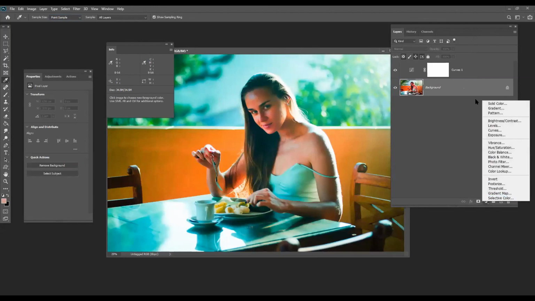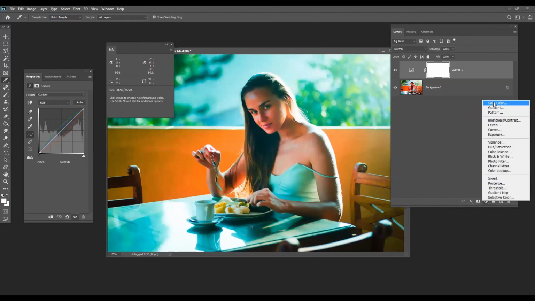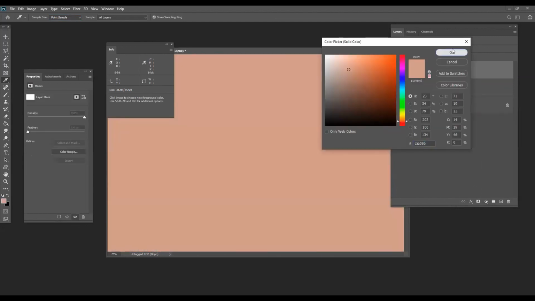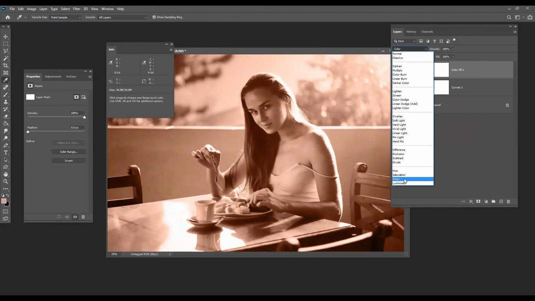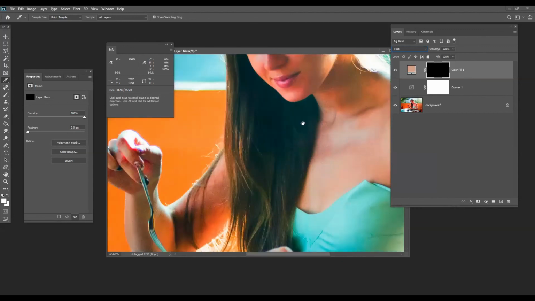Let's go to solid color above the corrected layer. Okay, now we have a solid color. Now change this blending mode to hue. It will try to bring out hue or saturation. See to it. If we go to hue, it will try to give you a basic color. Now paint over the skin areas that you want.